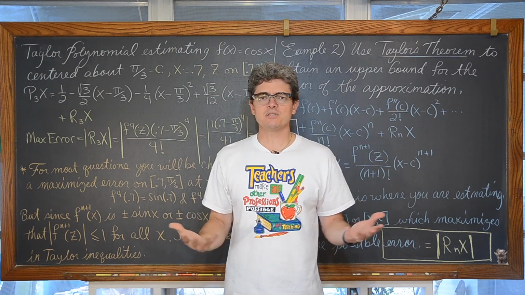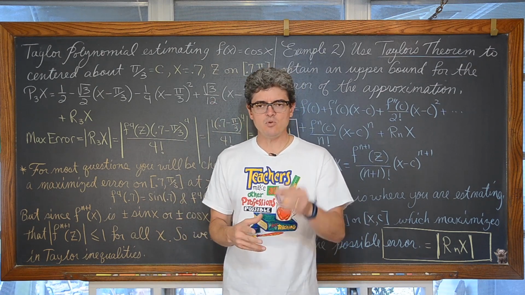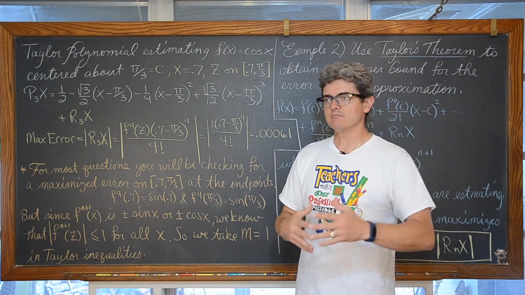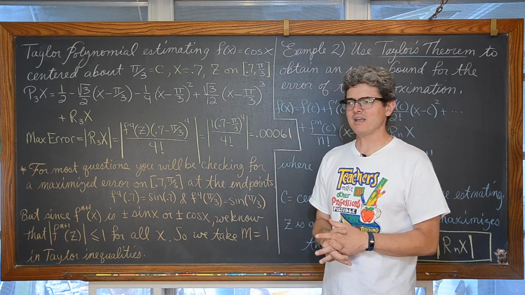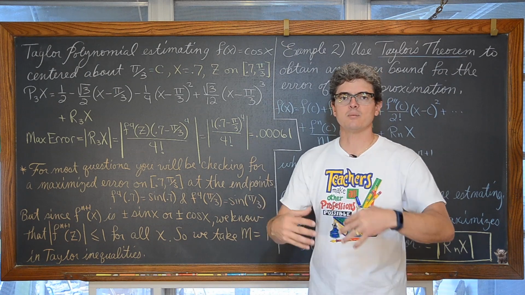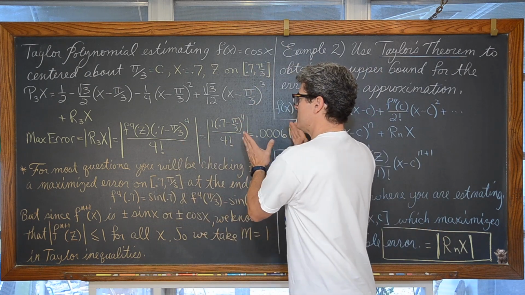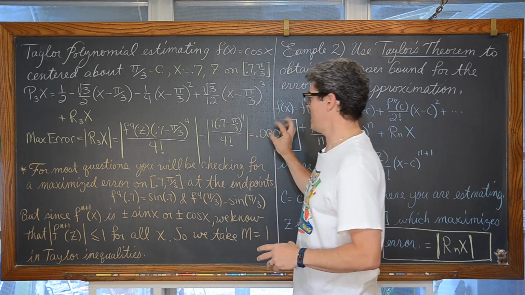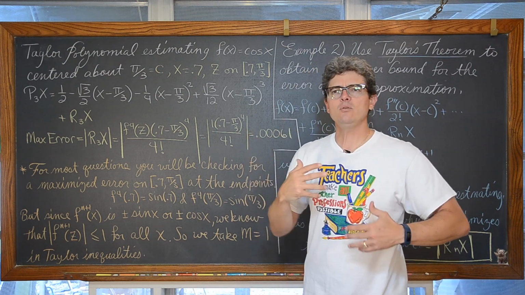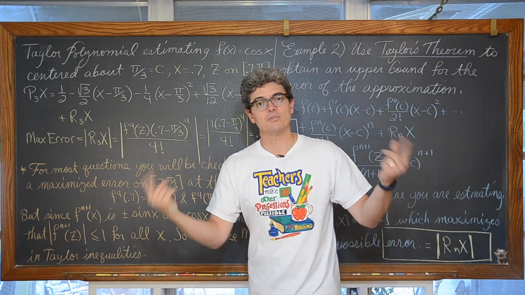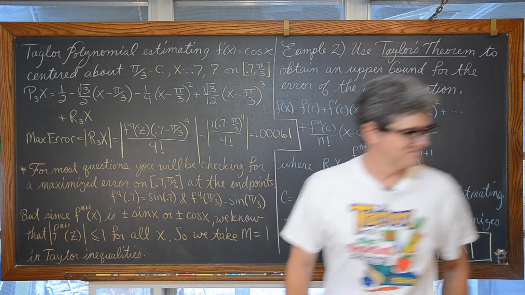Now, what do you do? And I kind of do this in statistics. I teach AP stats as well. If you want to be within a certain amount of error, in statistics we would say, if you want the margin of error to be under something with a certain level of confidence, if you want to guarantee that your maximum error is under a given value, how do you calculate to what degree you take that Taylor or Maclaurin polynomial? That is our next example.